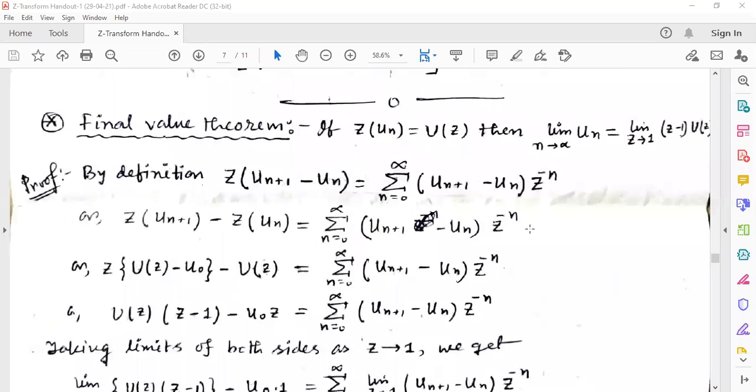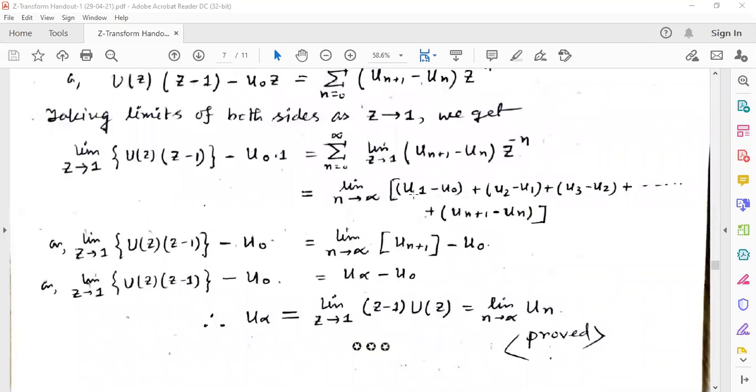Sir, how did u1 minus u0 come there? Here UN also remains, no? Where will u1 remain from? Yes, sir. Look at here. Here is the u1. Yes, sir. If we abolish all the brackets, here is minus u1. It will be cut. Here is u2. Here is minus u2. It will be cut. Here it will be coming u3, here minus u3 will be coming. u4 minus u3. The next part will be u4 minus u3. Na? That minus u3, this plus u3 will be cut. Sir, it got cut, but where did it come from? Understood. Yes, okay. u1 minus u0 does get cut, but where did it come from, sir?